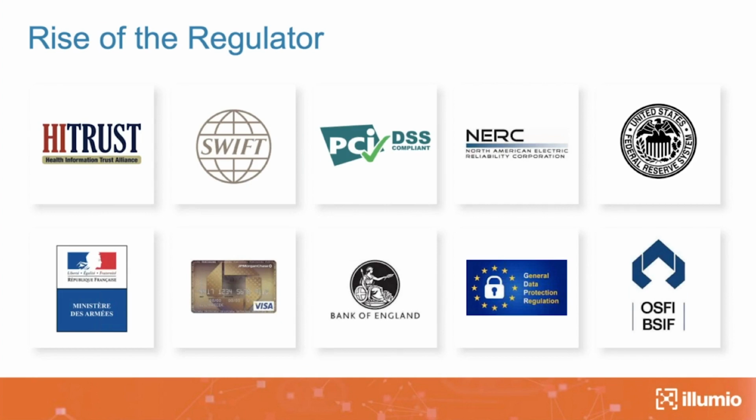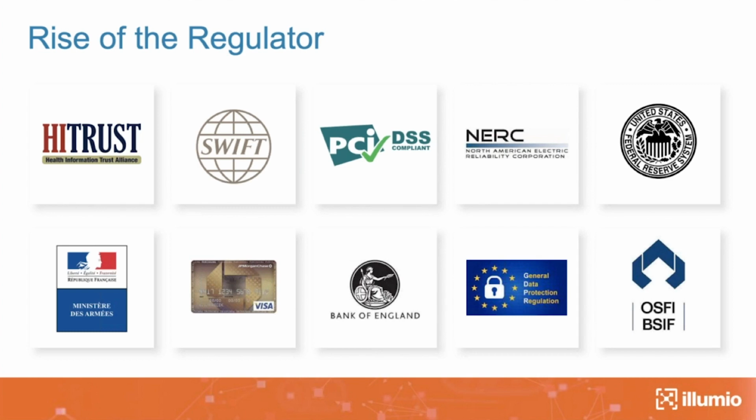Now, given the number of breaches, and those breaches that happen in very critical environments like financial industries or patient data and things like that, the regulators that control these environments have become more stringent. The regulations themselves have become very tight, and the regulators are coming down, because ultimately most of these organizations and the regulators behind them, whether it's SWIFT or GDPR or HIPAA or HITRUST, all of them really want to reduce the risk, the systemic risk in the environment.